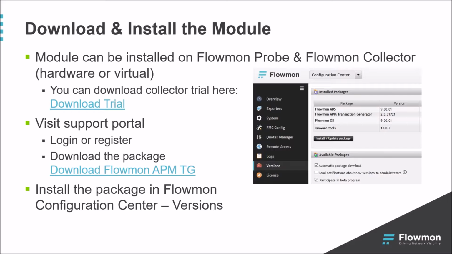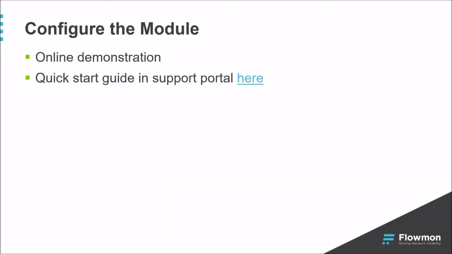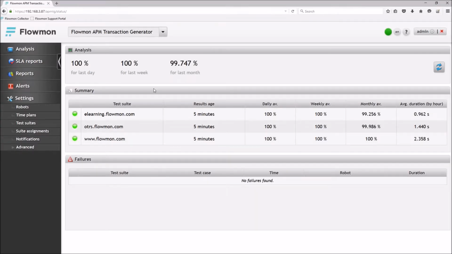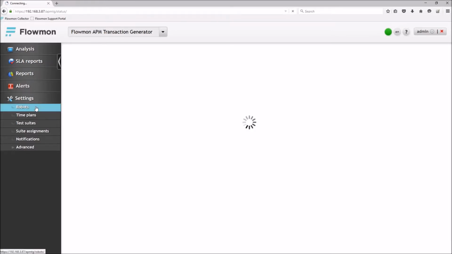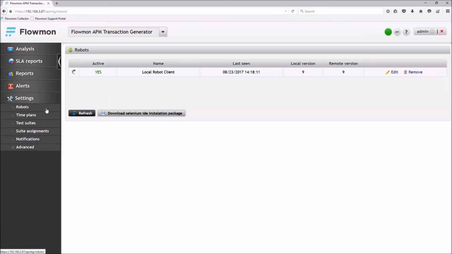Okay, so you have the license, you install the module, and now let's configure the module. I will show you in the demonstration. But I will also provide you with quick start guide, which is also in the support portal, but I will hand it to you over the GoToWebinar, so you will be able to download this presentation and also the quick start guide. So let's get to the configuration. The configuration is also pretty straightforward and simple. Here in the robots, setting robots,